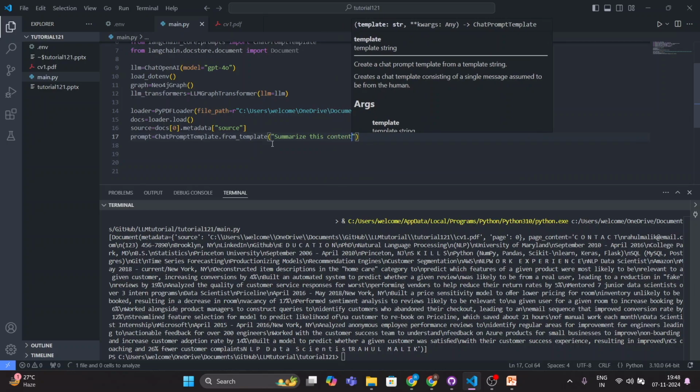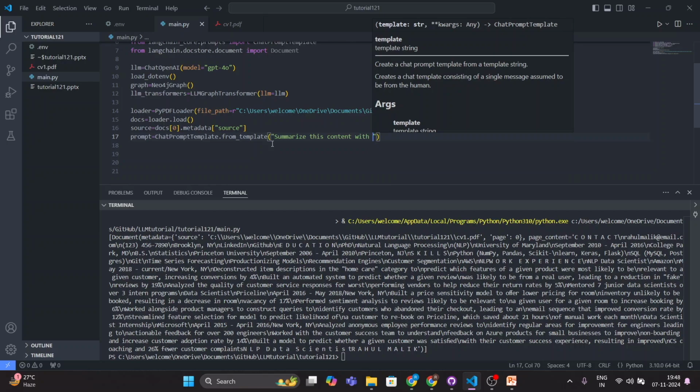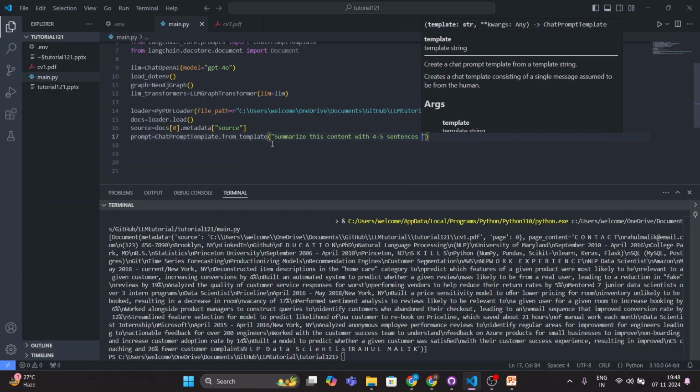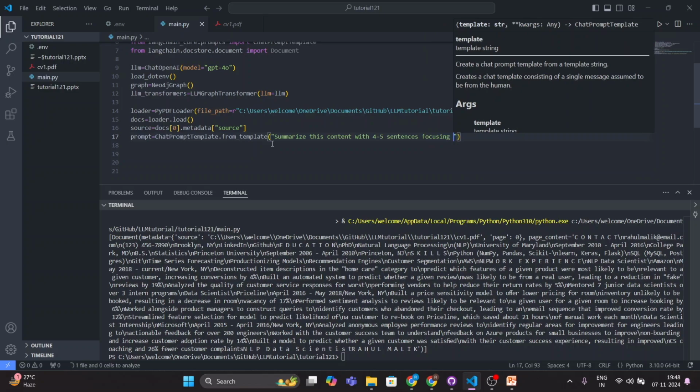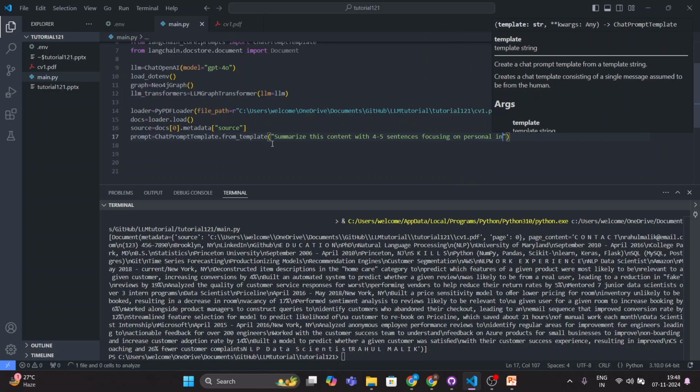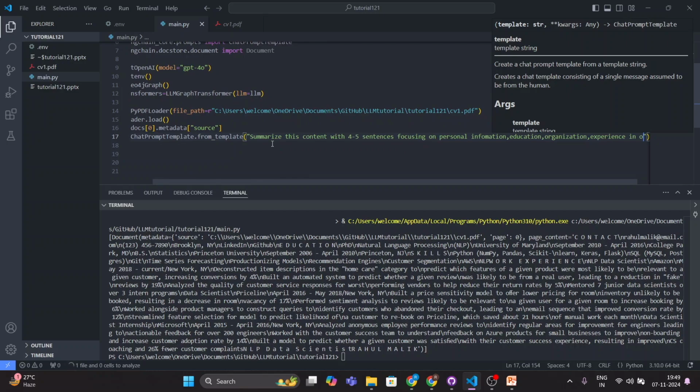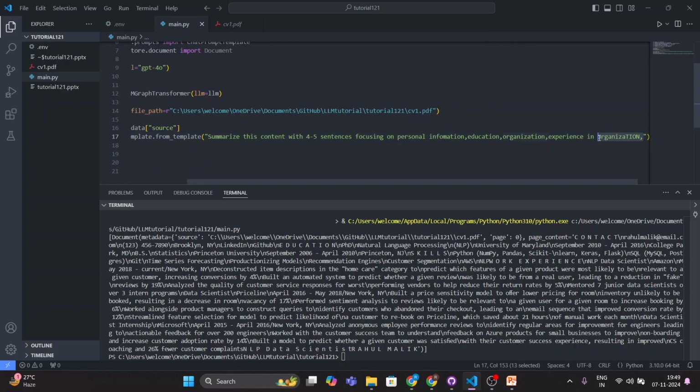Summarize content with 4 to 5 sentences focusing on personal information, education, organization, experience in organization,